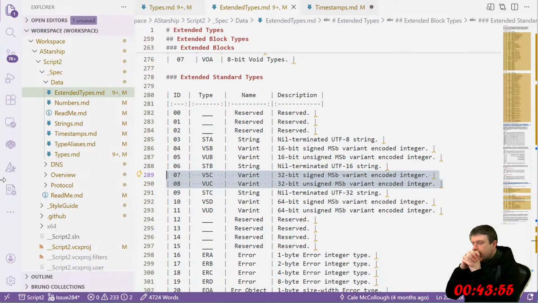Okay. Why is this? Where's the STB? There. Okay. All right. Oh, so these are just all the string types. Okay. This makes sense.